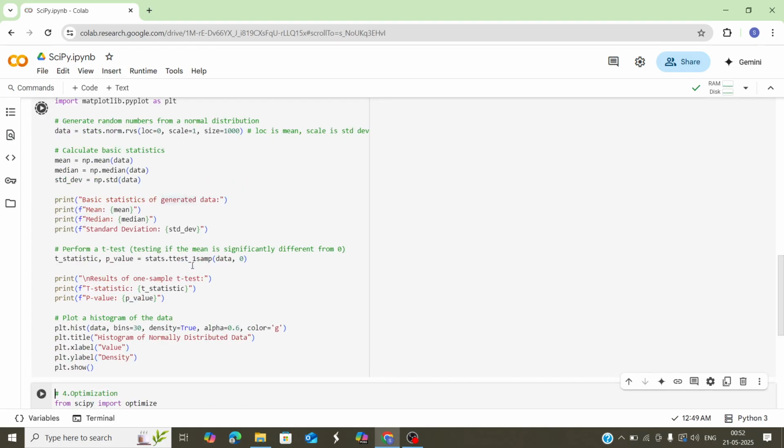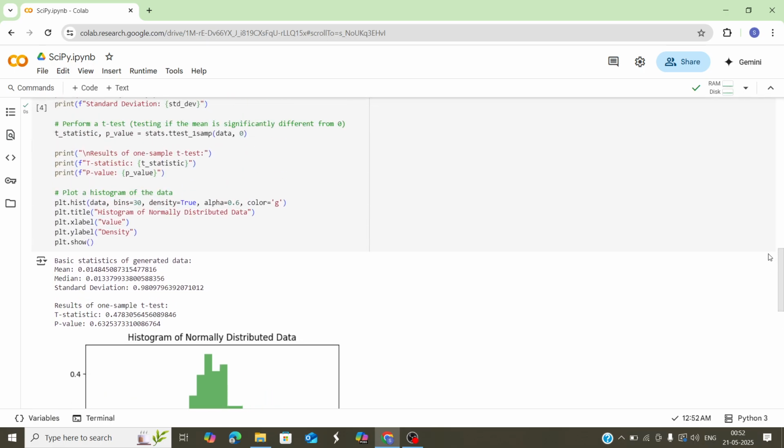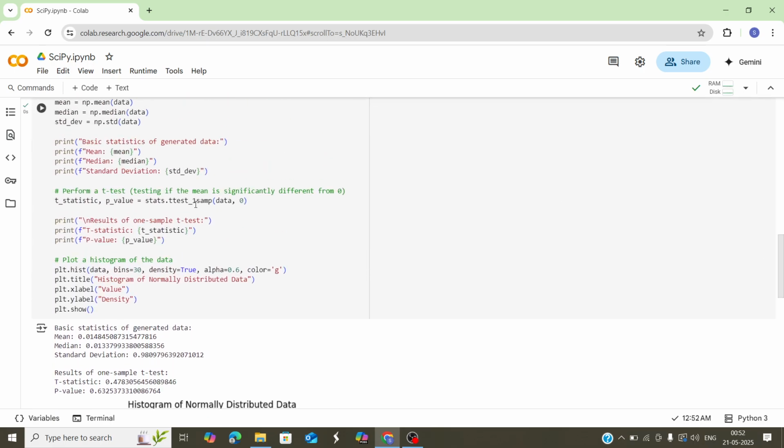Now, as I run this cell, you can see that it is performing a test which I have given above, and that is the t-test. I want to perform the t-test for this data which I have, randomly generated from a normal distribution. As you can see, on testing with the one-sample t-test method from the stats module, we can see if the mean is significantly different from 0 or not. I pass the data and I check whether it is different from 0 or not.